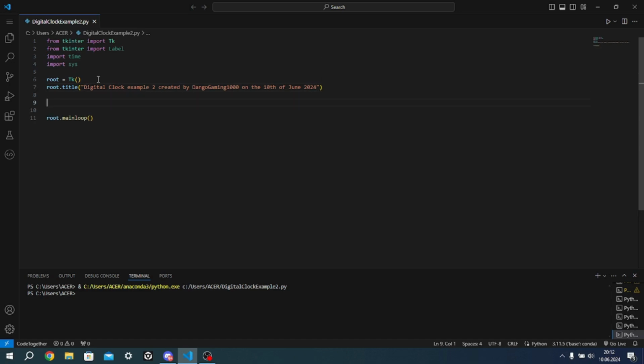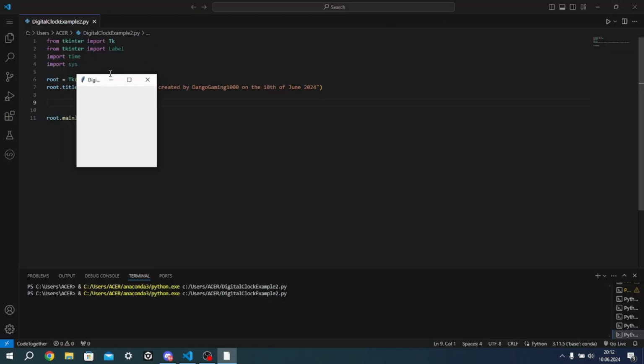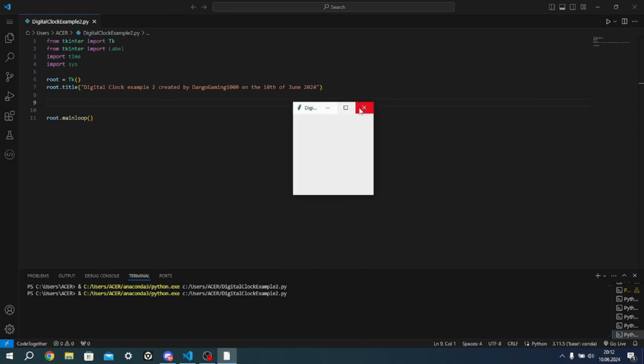So the first part is already done. We have created our window. Let's open it again. As you can see, the title is now digital clock. It won't show the whole title because it's too long, but anyways,